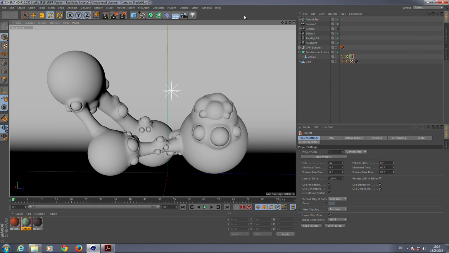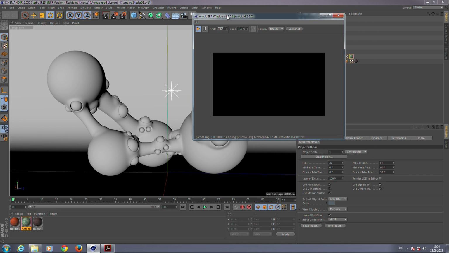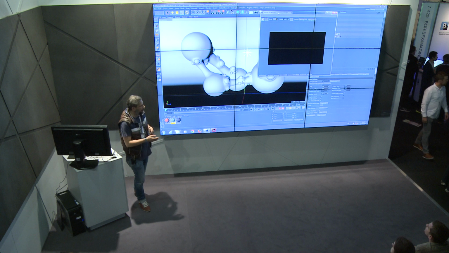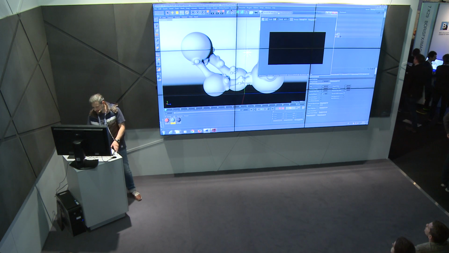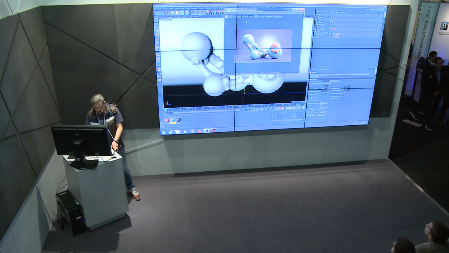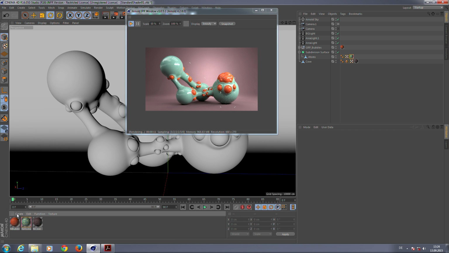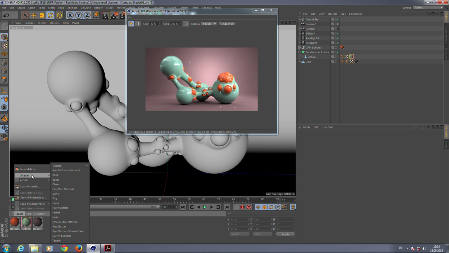So here is this blobby object I created to show you the standard shader. And if I open the IPR window, it takes a little bit of time to export the high polygon count model. And as soon as it is done, it will start rendering. Here it is. Now it renders. So what you do if you want to shade inside of Arnold, you go to Shader, and